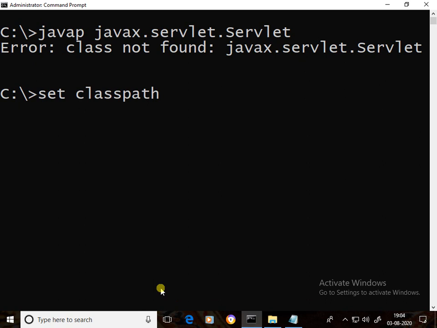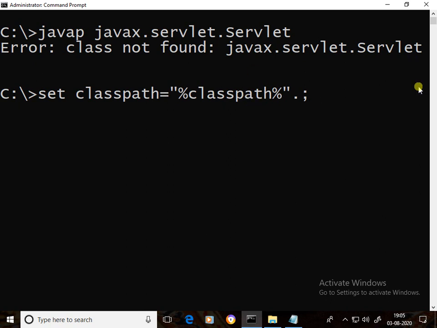It is a command to set the class path, equal to %classpath% in double quotes, dot, semicolon. It is called append mode. This class path is going to be appended to the existing class path. In our system many other software are present. So with other class path settings, this class path is appended. If you don't write this one, it overrides. That's why it is better to go for append mode.